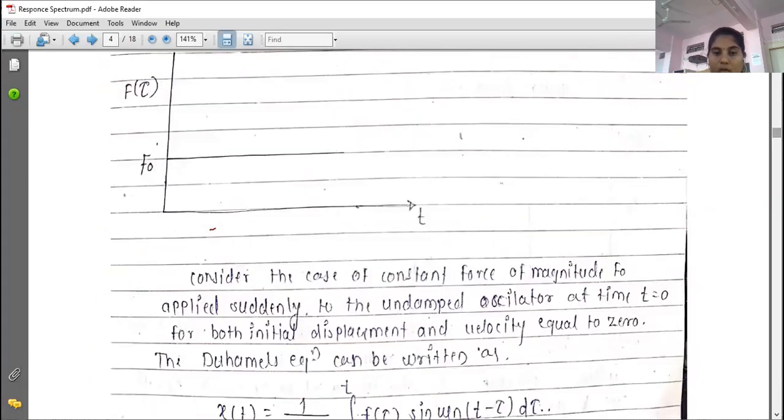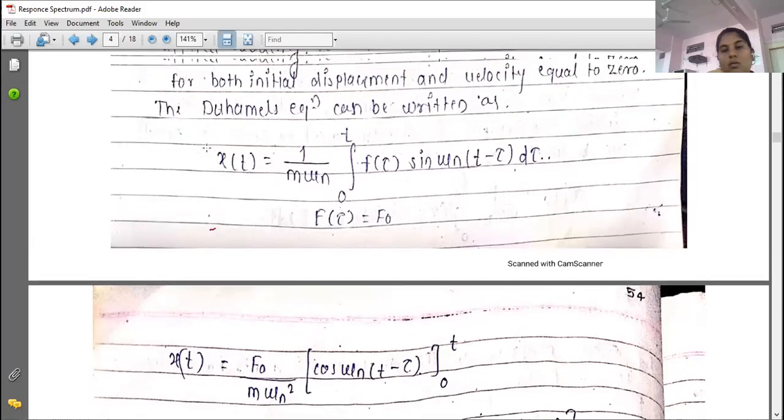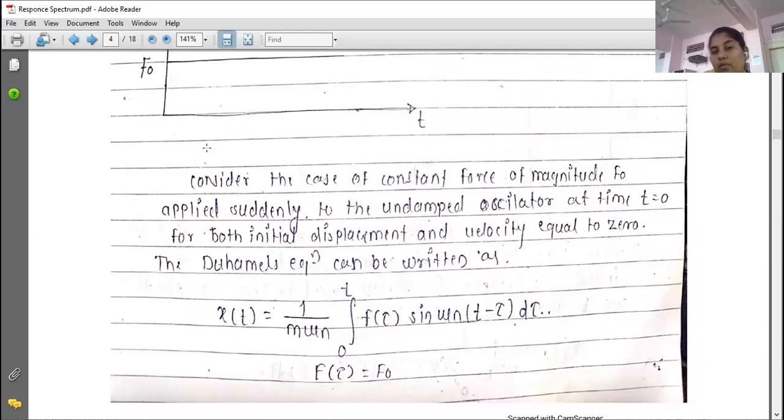Okay, so I hope up to the diagram part you have completed. So now you solve this integration. Write down case number 1, constant force. You have drawn the diagram. Below this, write down: Consider the case of constant force of magnitude F naught applied suddenly to the undamped oscillator at time t is equal to 0,